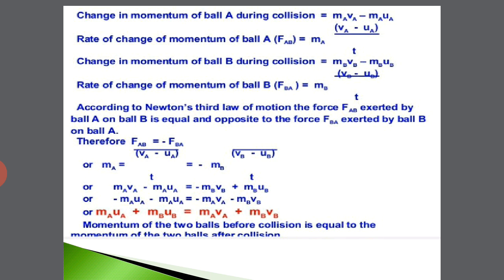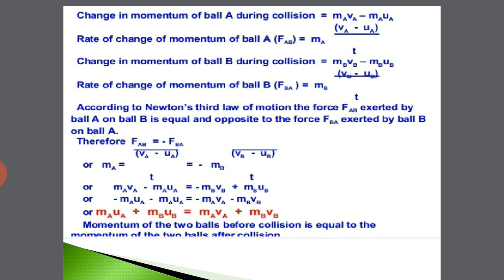So it becomes MAUA plus MBUB is equal to MAVA plus MBVB, which shows that the momentum of the two balls before collision